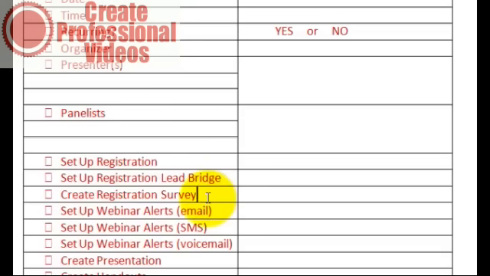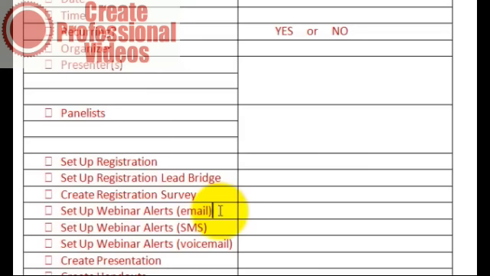You also want to very possibly create a registration survey, perhaps get some thoughts from your folks before the webinar, something that is relevant to the topic. Perhaps ask them questions they would like to have answered. What are their most burning questions about that topic? What is it they would like to hear about? And that's very good information to have when you're setting up a webinar, because you know what people really want to know, and you can better meet those needs with the survey beforehand.